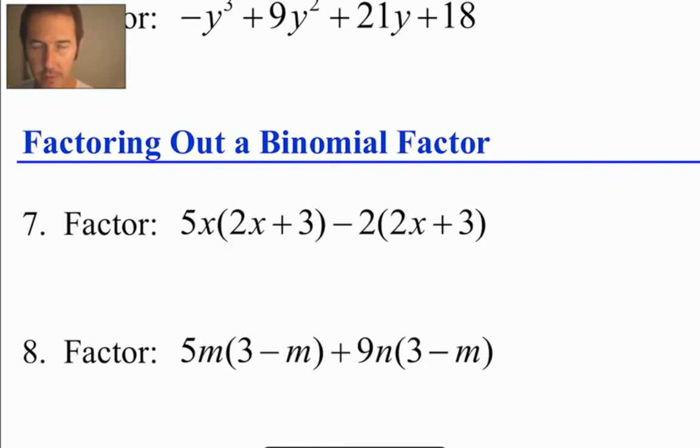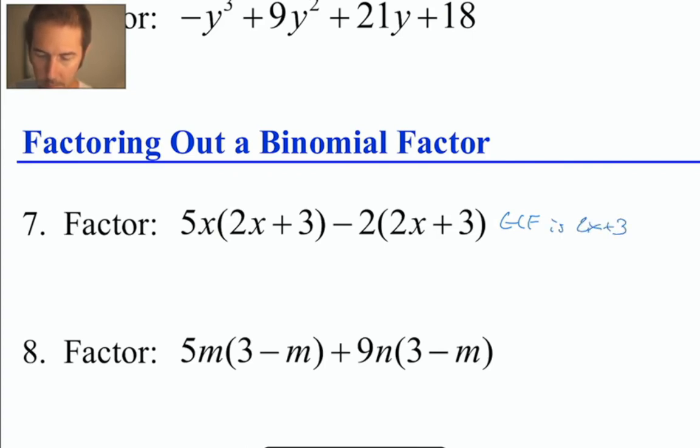But in problem number 7, in each of those two terms, there's a common factor, a common multiple. And this one's glaringly obvious because it's this giant thing, 2x plus 3 wrapped in parentheses. So the GCF is, you could write equals or is